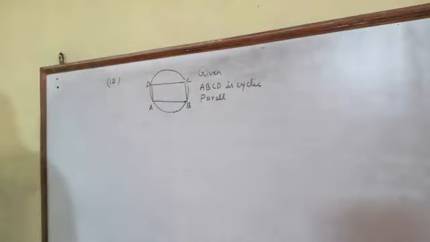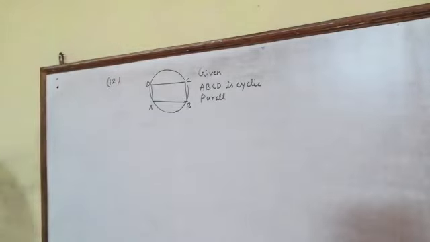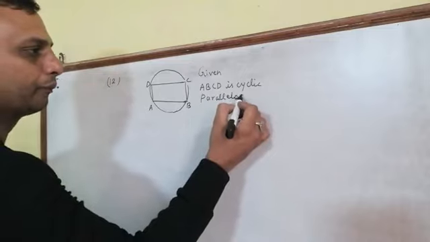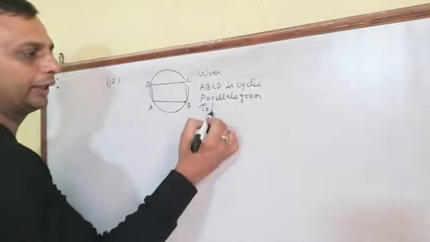Cyclic parallelogram means what? It is cyclic also. Along with being cyclic, it is a parallelogram also. Parallelogram means what? Opposite sides and opposite angles are equal to each other. Given cyclic parallelogram, and to prove it is a rectangle,